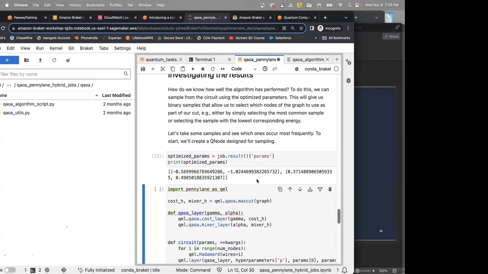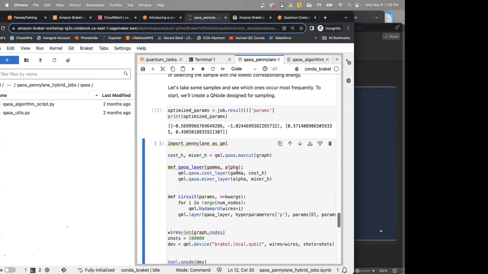And now what we need to do is just like a neural network. When you have the final optimized weights, to get the final result, you need to run the neural network once again with those optimized values of the parameters. So that is what we are going to do now.